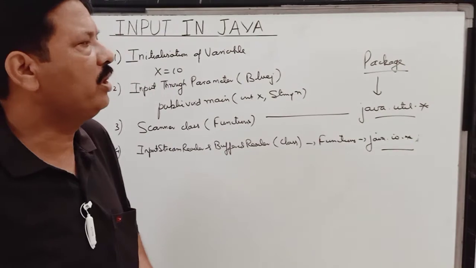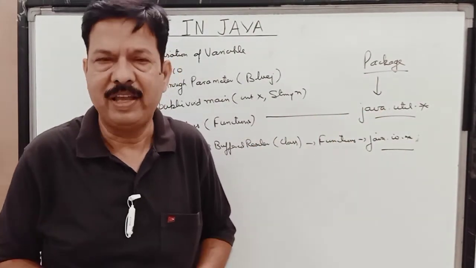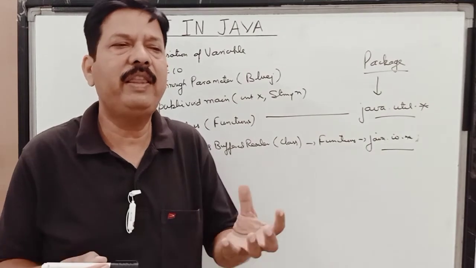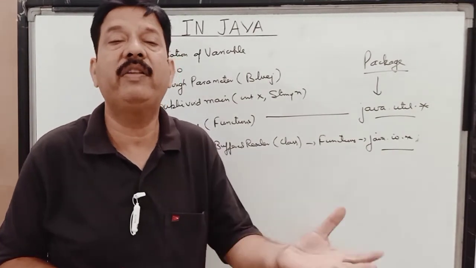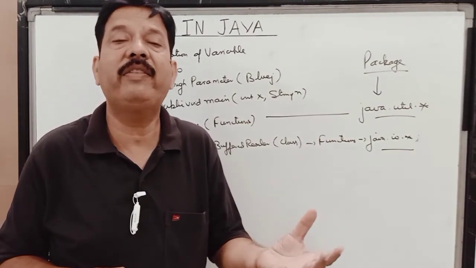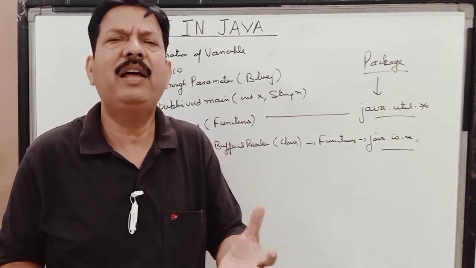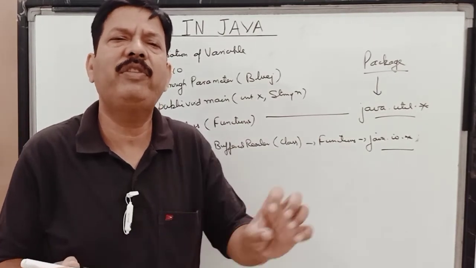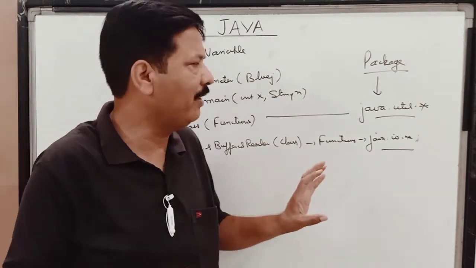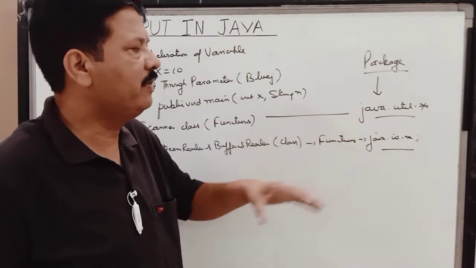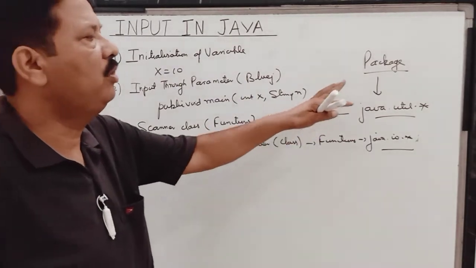So children, the question comes, what is a package? So we say a package is a collection of classes, and we can also say that a particular package contains classes of the same type. Of the same type means which have programs of the same type, or which are doing the same type of task. So these are some packages, and children, we have some packages, if we will just discuss about those packages.